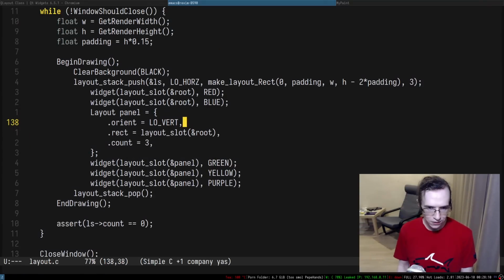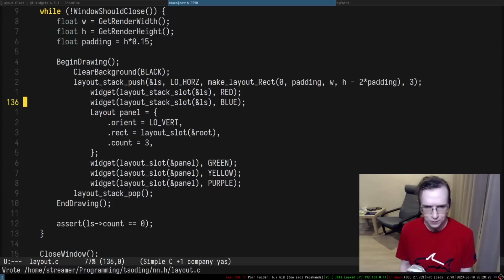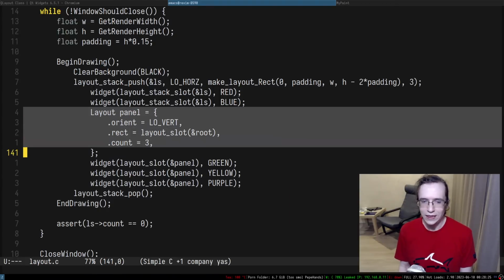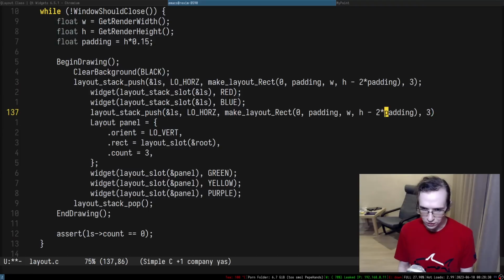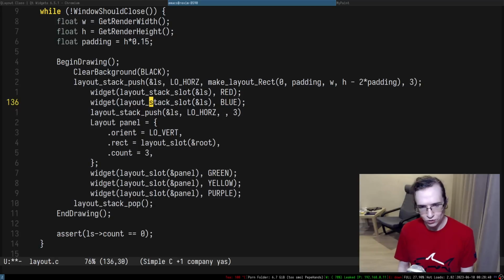Okay, and when I'm doing a widget, right? What I'm doing is layout stack slot on ls. Layout stack slot on ls, right? And then I need to push another sub thing. So that means I need to do another layout stack push, but instead of make layout rect, I just have to use this kind of thing.